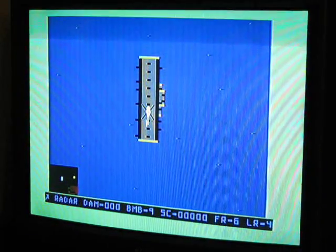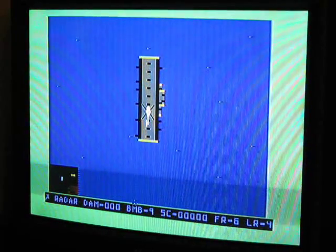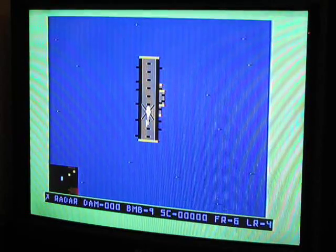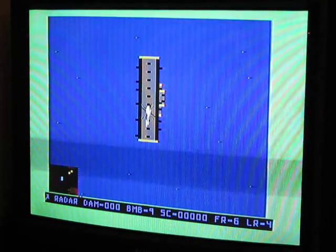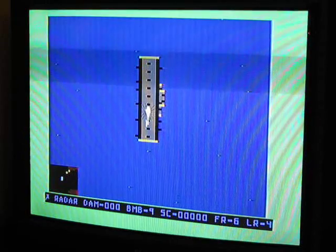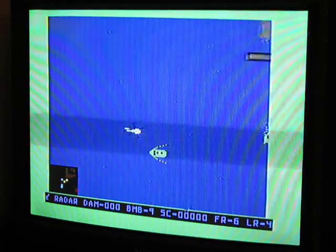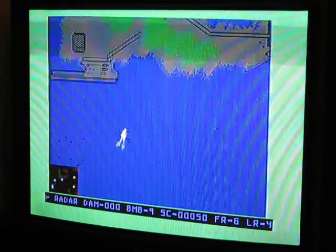Alright, here we are, Radon Bungling Bay. So, you're basically a helicopter on an aircraft carrier, and you fly around and destroy factories. So, ships shoot at you and you shoot at ships. And